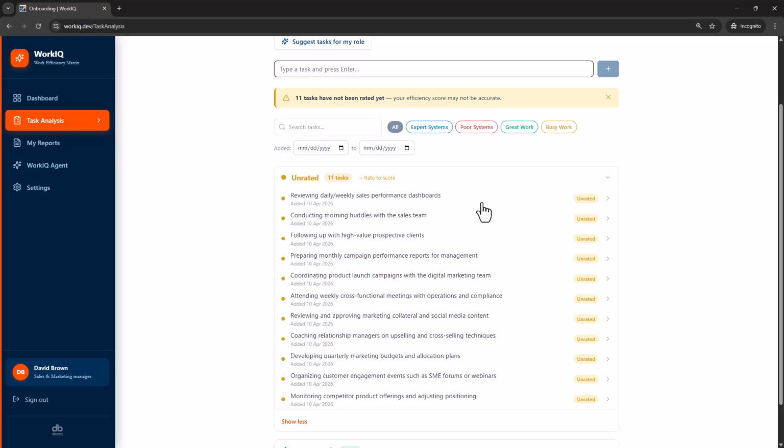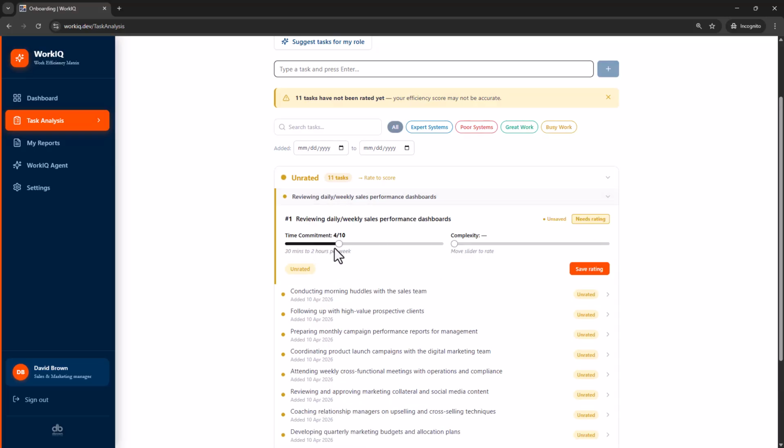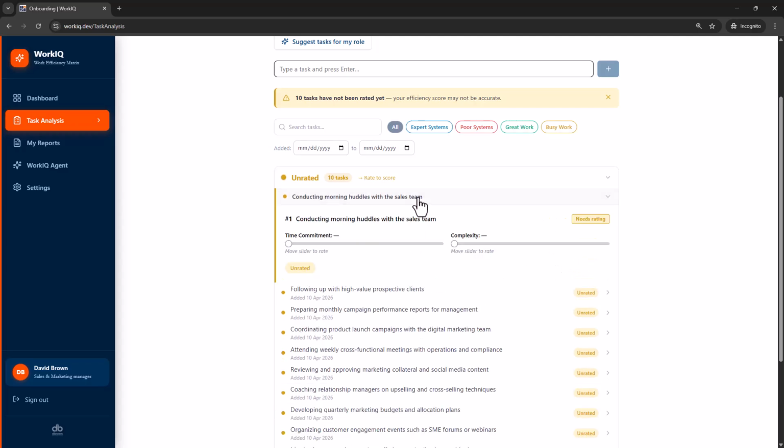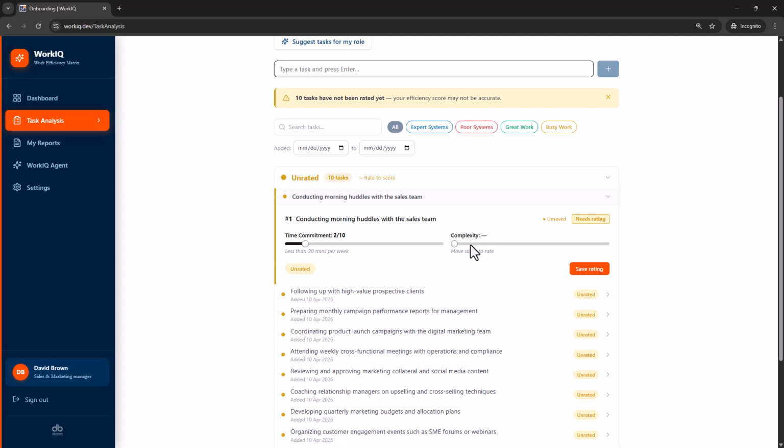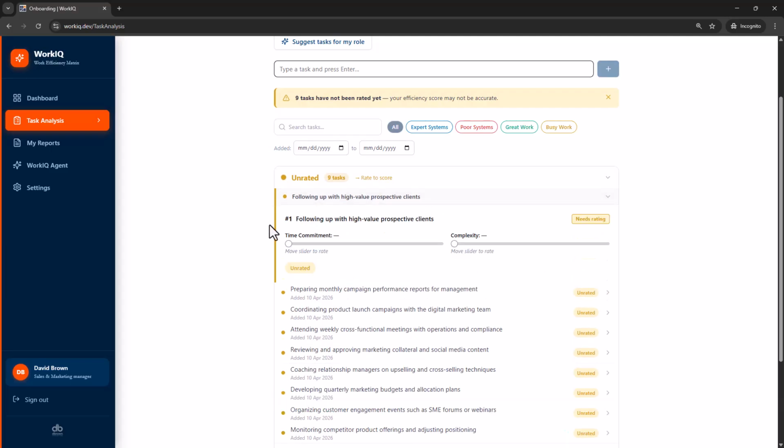So reviewing daily, weekly sales performance reports, I think to me the time is a 4 and I think my complexity is a 3, right? So I save that. The next one is conducting morning huddles. I think it's just 2. Time is a 2 and complexity is a 2. Really nothing special. Then I have another task saying